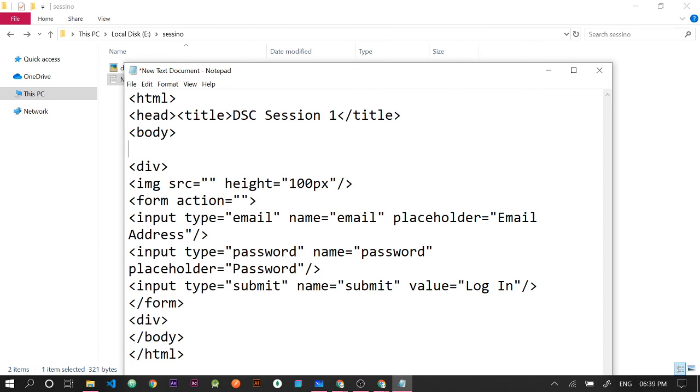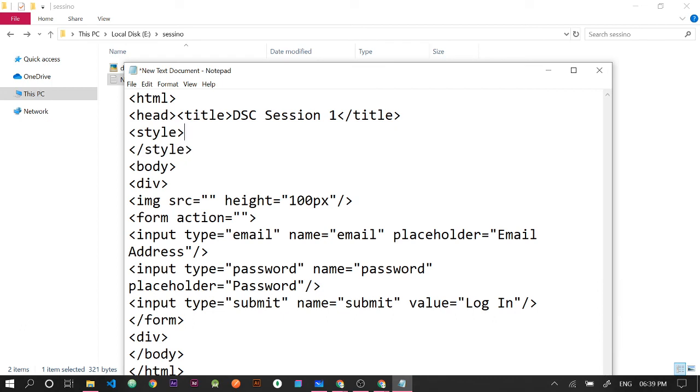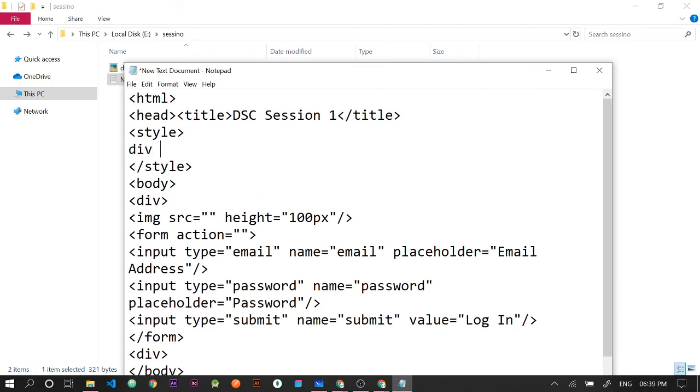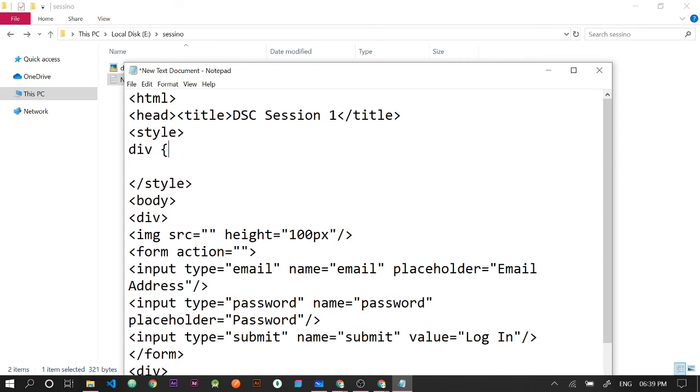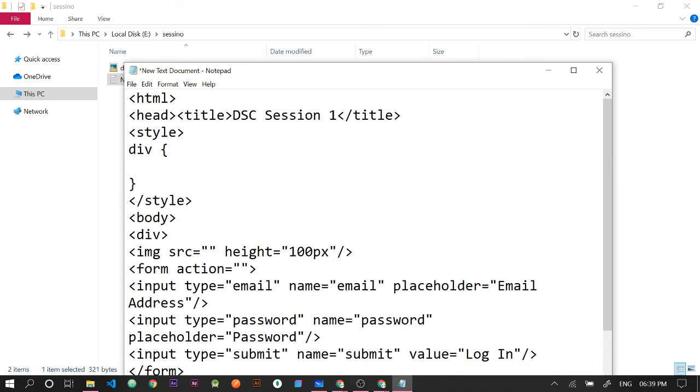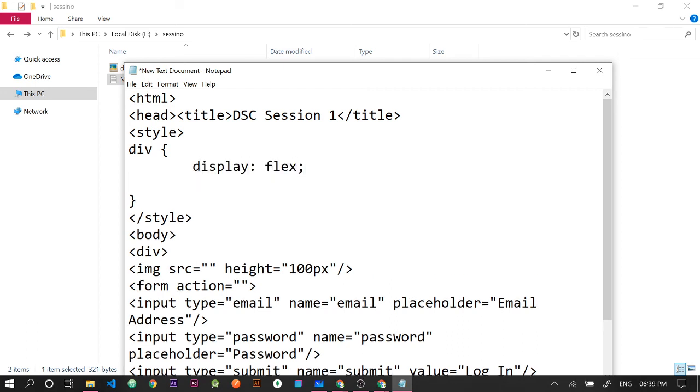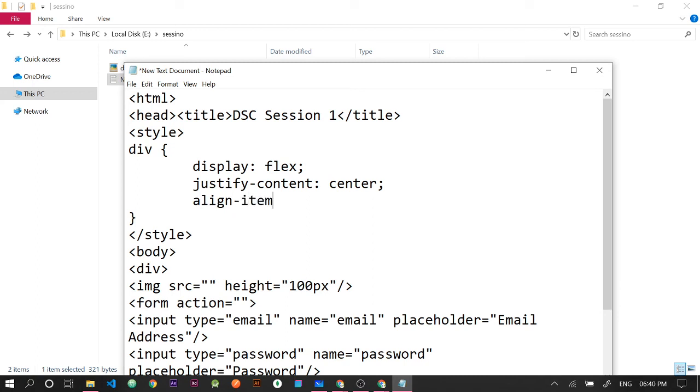Now let's add some styles. So basically you can add styles in different ways. You can specify the element name. Whatever I type down here, I'm going to make the contents display in the center. So I use flex display. I give it center, align all items center,